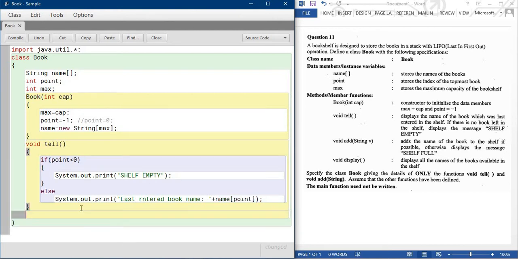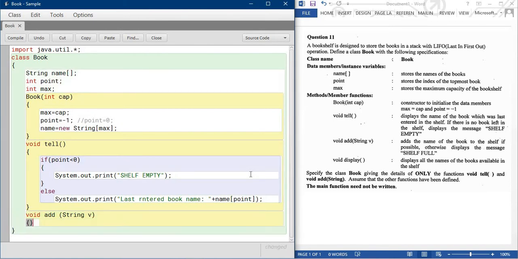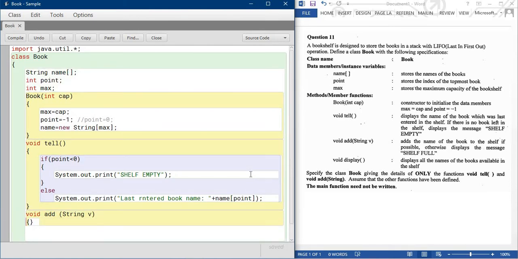Now time for another method, which is void add(String v). In this method, add the name of the book to the shelf if possible, otherwise display a message "self full".